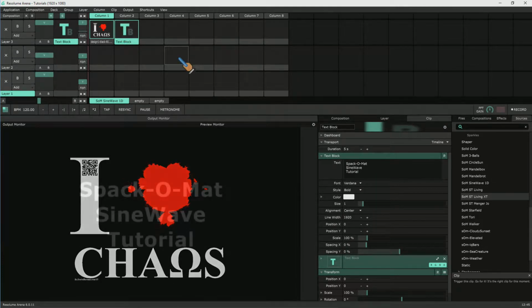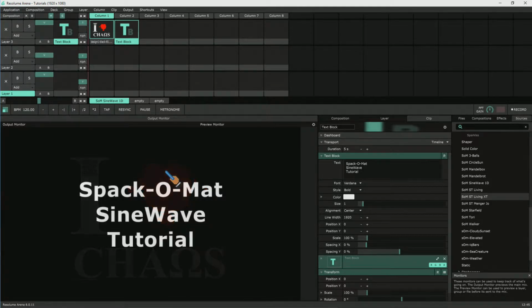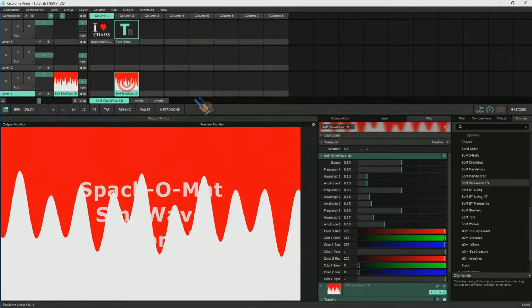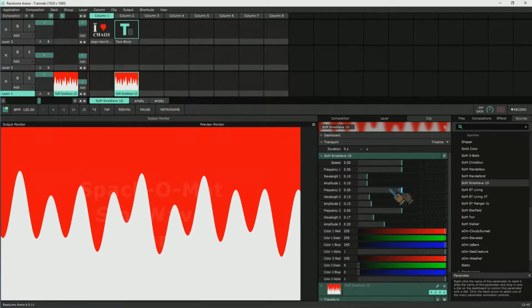sine wave tutorial. The sine wave is included in the most recent update to official support 64-bit Resolume 6, but all of the plugins provided are also compiled for 32-bit. We are now examining the SineWave 1D from Spack-O-Mat plugin collection, and this is the default setup for the plugin, and the main parameter is